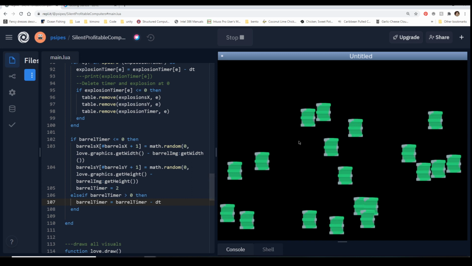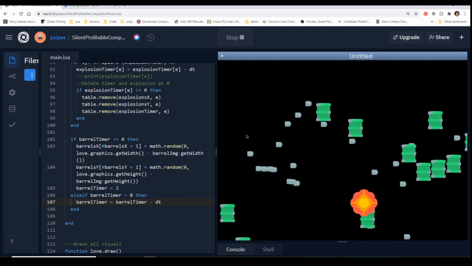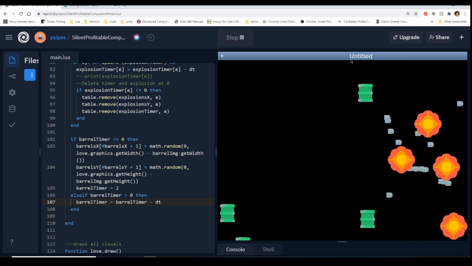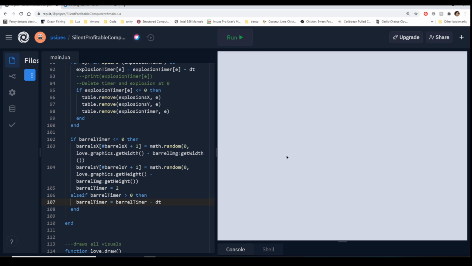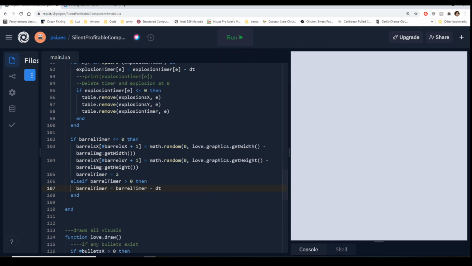So you can see we're like endlessly spawning barrels. And we can endlessly shoot all of these barrels. And yeah, again, the other thing is that you could just like really spam the left click and obliterate this game, but you could also put, you know, only 5 bullets can be on the screen at one time, or you have to have an ammo kind of, or like a reload sort of thing. There's lots of things you can do, but for now this is basic, and this is what I want to show you guys. So now we've got lots of barrels spawning. Okay,